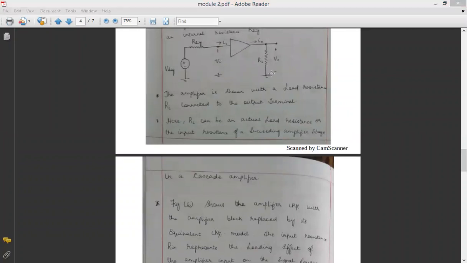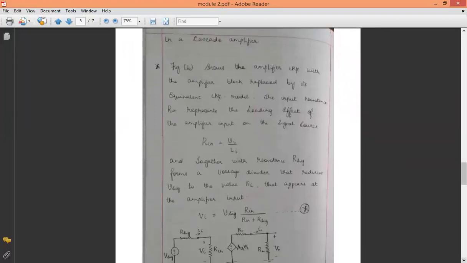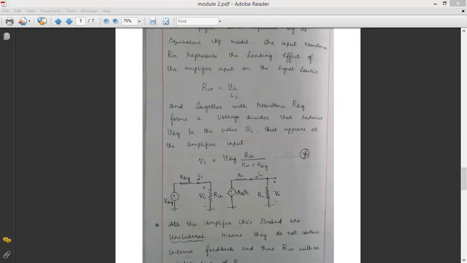When we are writing the equivalent circuit, just compare. V signal and R signal remain as they are, and this is the input impedance which is connected here, so I will represent it as Rin. I am representing the output in terms of voltage, so it is gain into V in, and this is R naught, and this is RL. Now how to find this VI, the drop across this Rin? Rin is also known as the input impedance, which is used to avoid the loading effect. Very, very important. So what the loading effect is, I will tell you.